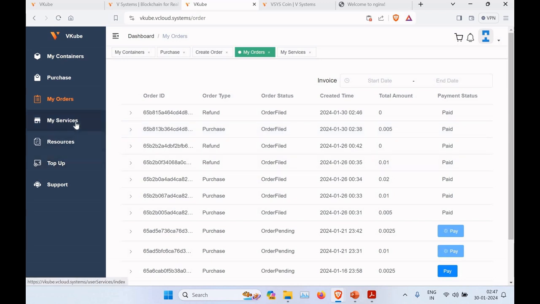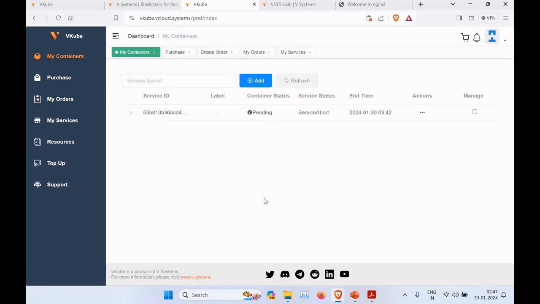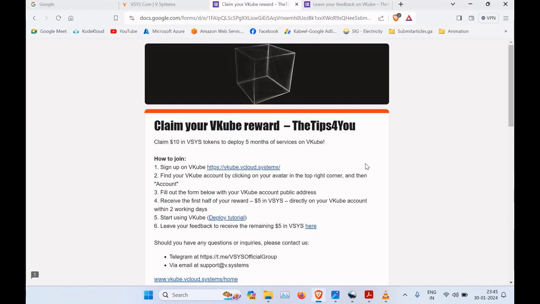So that is all for this process of how to use it. It's pretty simple. Just make use of the purchase, you order it and create your container and you can start accessing your application. Now talking about the reward system, the tips for your community, how to claim your VKube